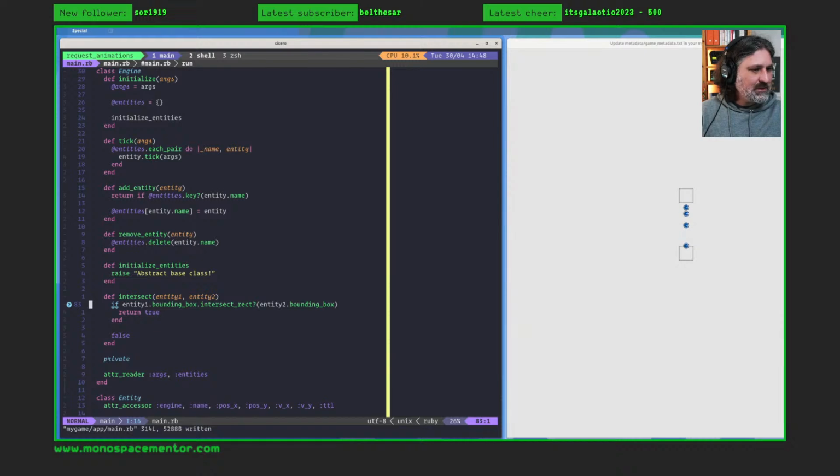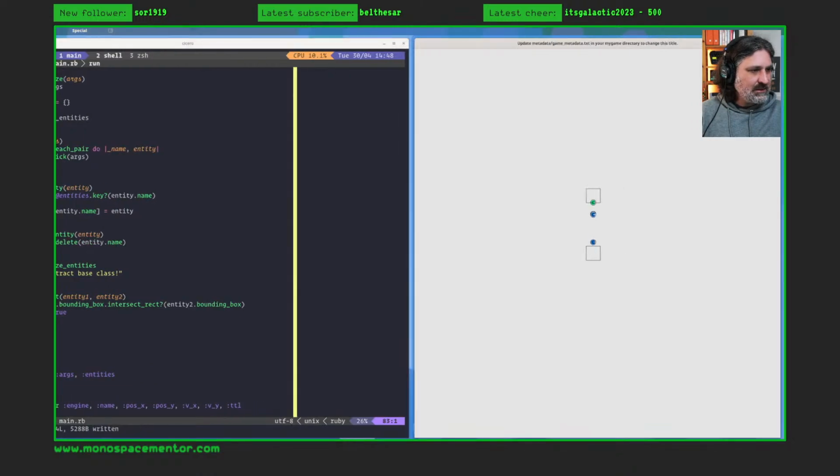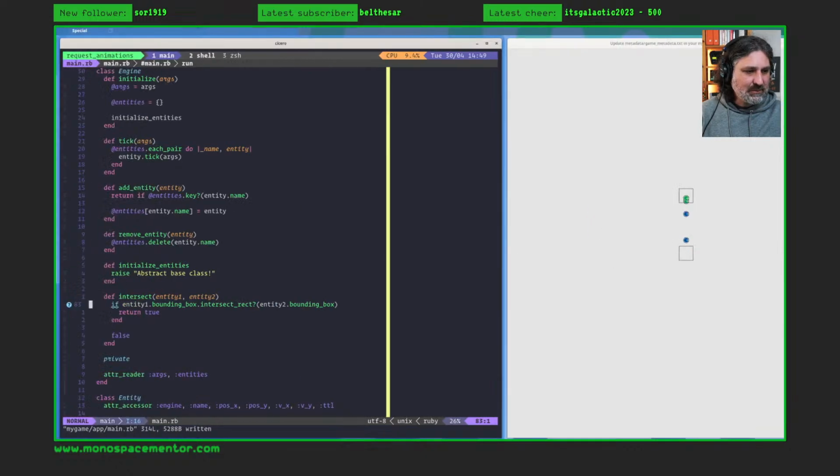Frame rate warning, but that's only because the window doesn't get enough resources while it's not focused. That shouldn't be a problem. Okay, so